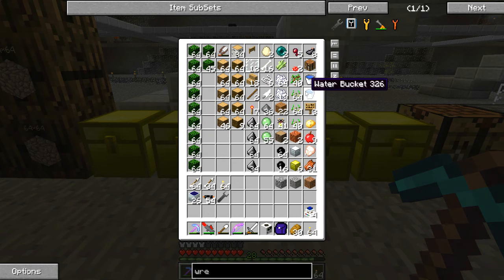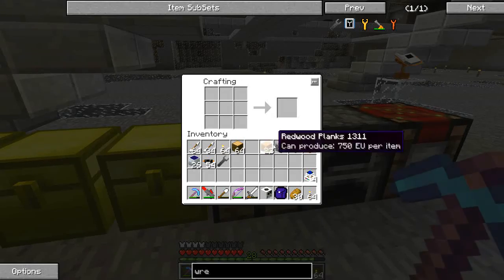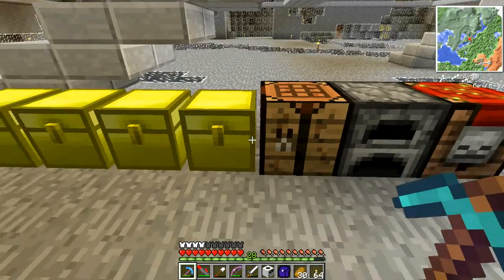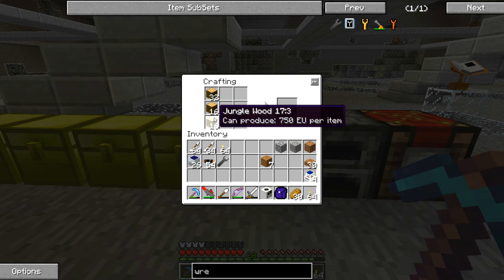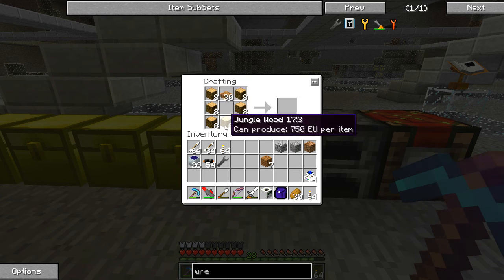Oh, do I have any crappier wood that I don't need? Jungle wood will work. And we'll need some slabs for that too. So let me see. Bam. And so barrels are created. Let's do some. 8 looks good. Like so. Similarly to a chest, but you...